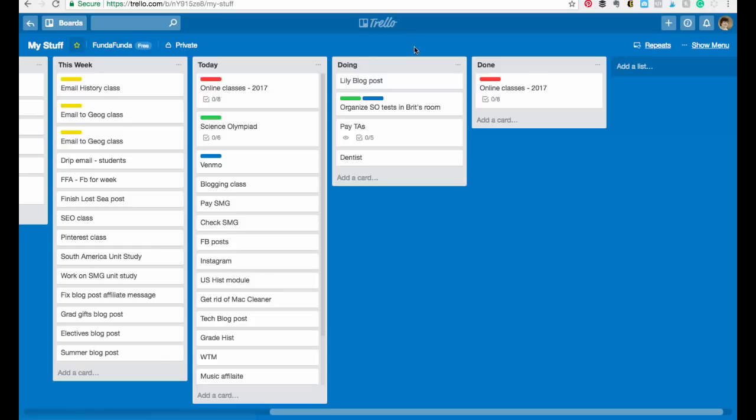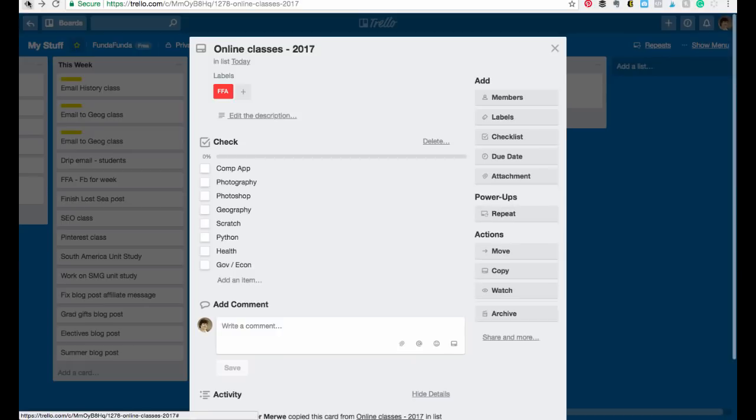Now, there's free training if you want to teach yourself to use Trello. It's also fairly obvious. You just set things up and you kind of go for it. I love it because it just keeps it organized. Also, you can do this